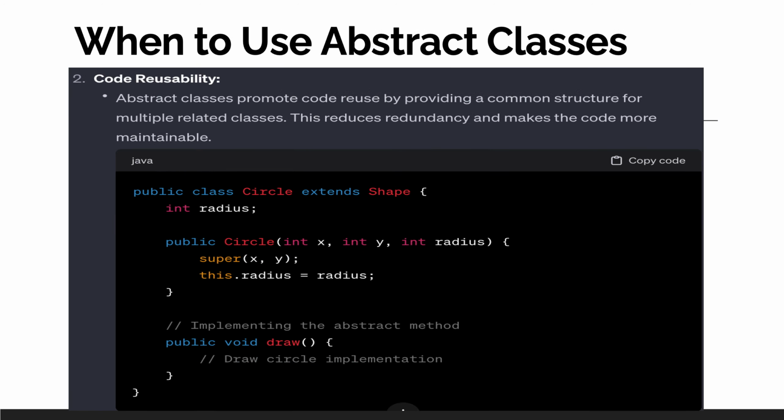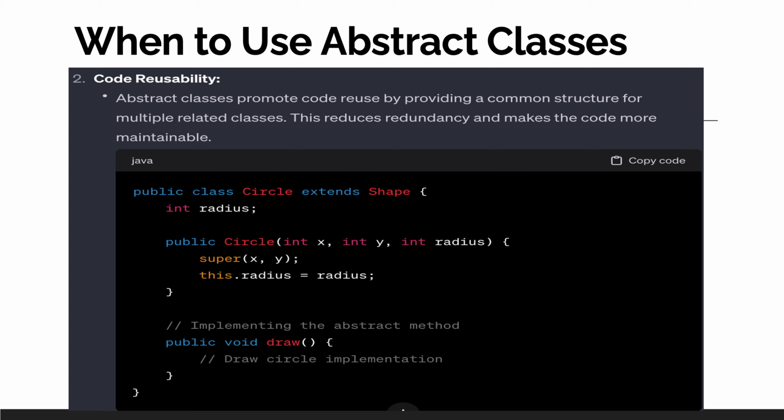The second advantage I can see is code reusability. Abstract classes promote code reuse by providing a common structure for multiple related classes. This reduces redundancy and makes the code more maintainable. For example, let's say this child class circle. Shape class has the draw method, right?